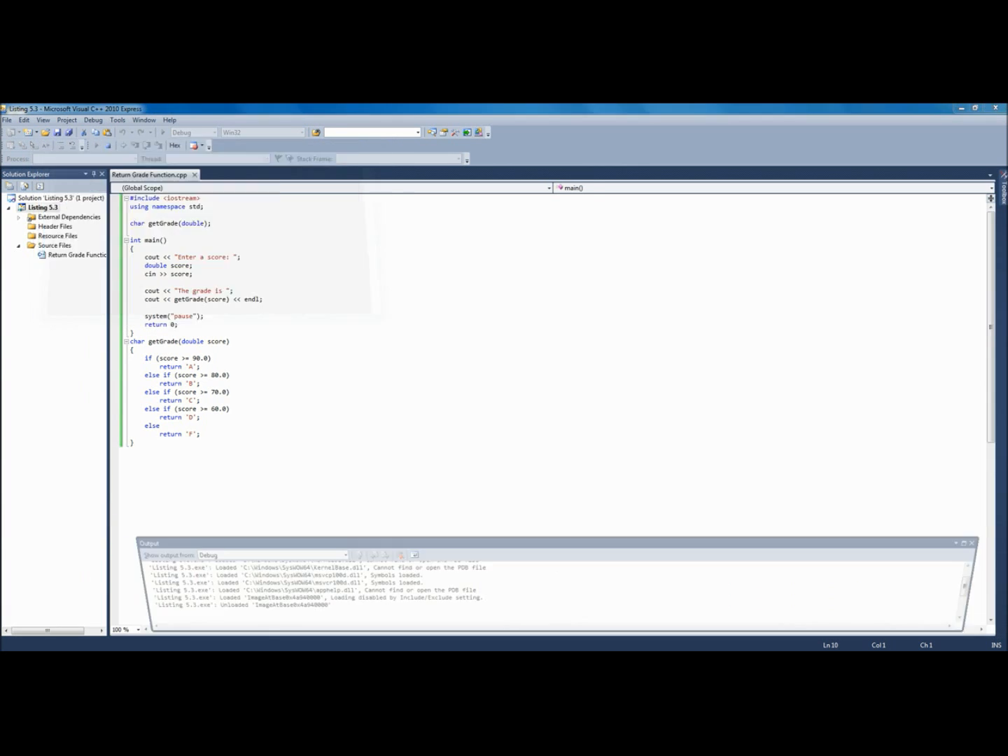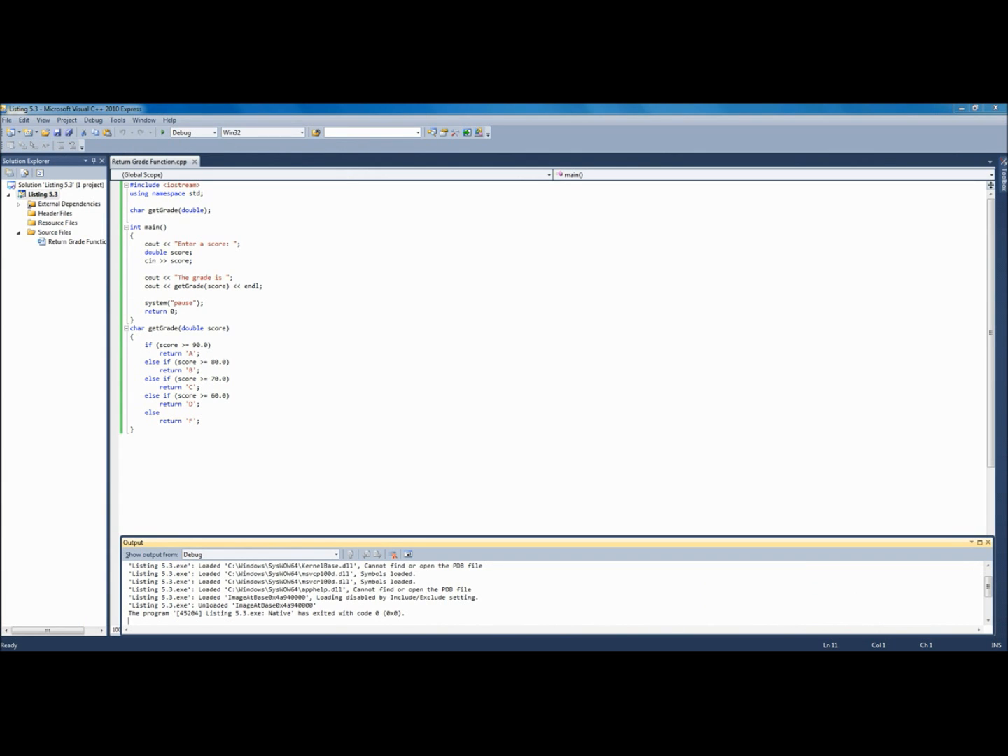So everything runs pretty smoothly. We've passed information in and out of functions, and we've checked